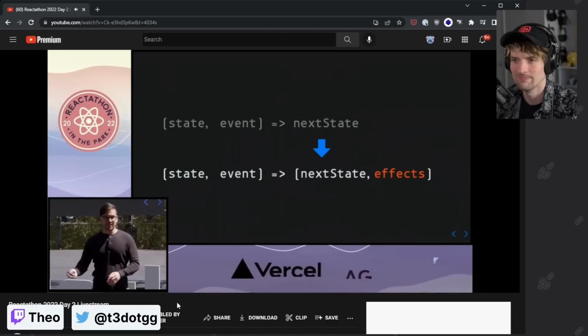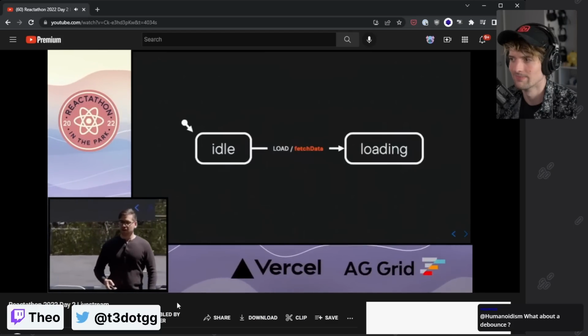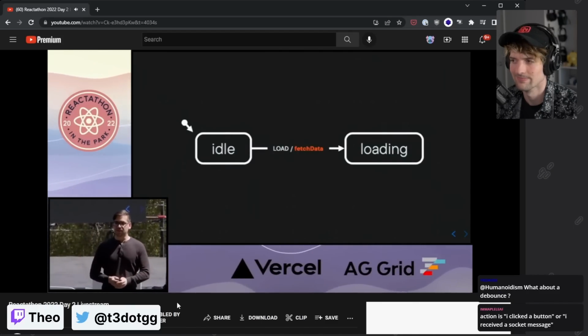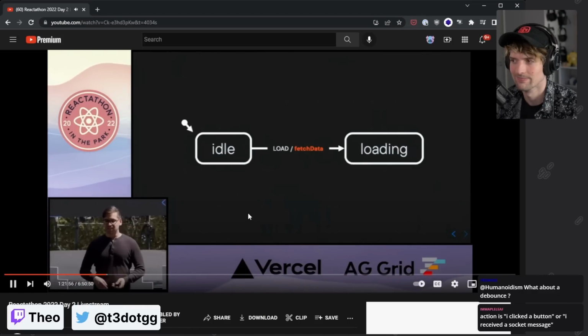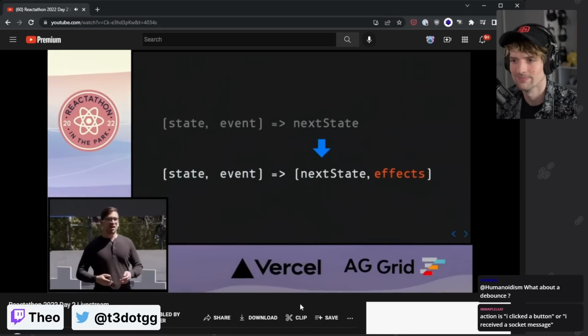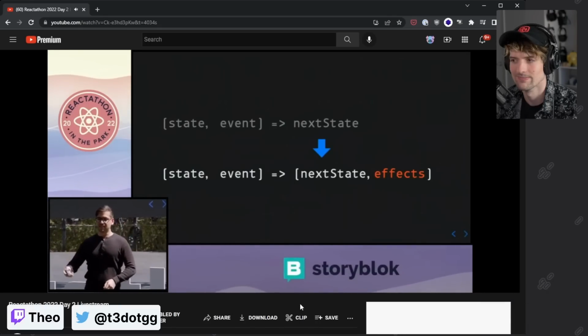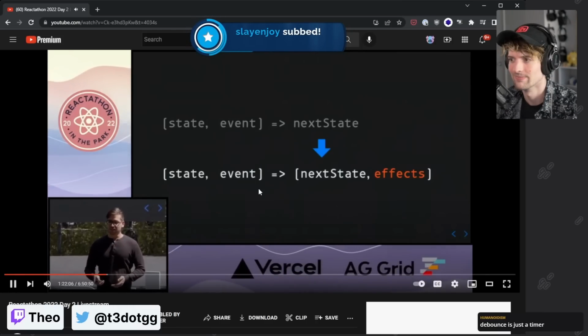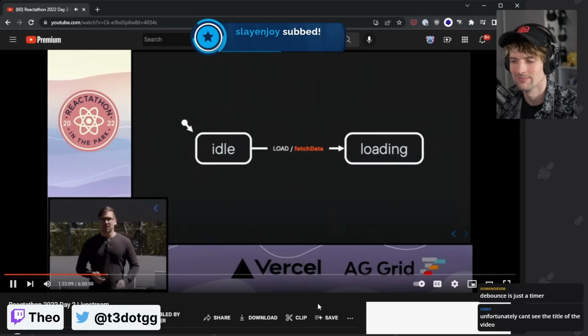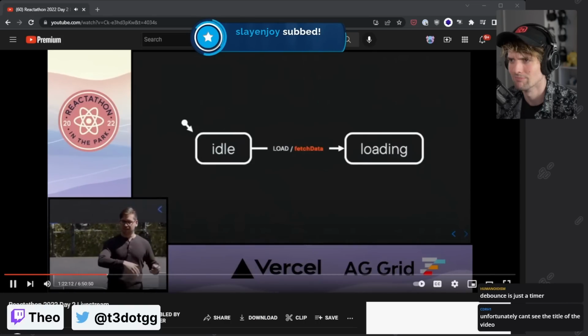So this is called managed or declarative effects, where, by the way, if you have your bingo cards out, I am talking about state machines, so you could mark off that box. But state machines, like this model over here, of state and event equals next state and effects. This is all you need to understand when talking about a state machine. Like this is how state machines work. So in a state machine, you have an initial state, and you might